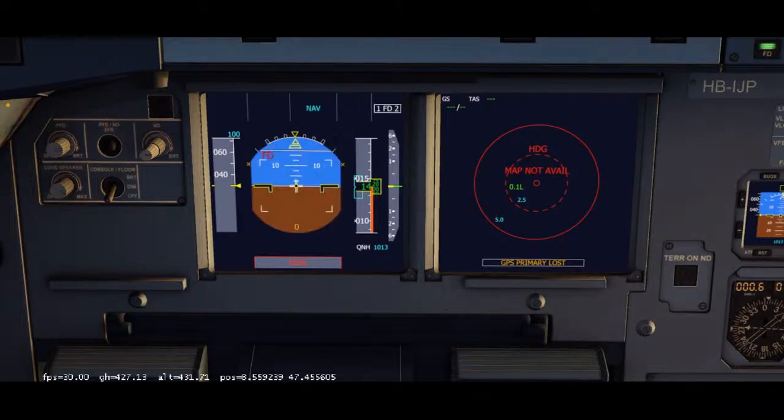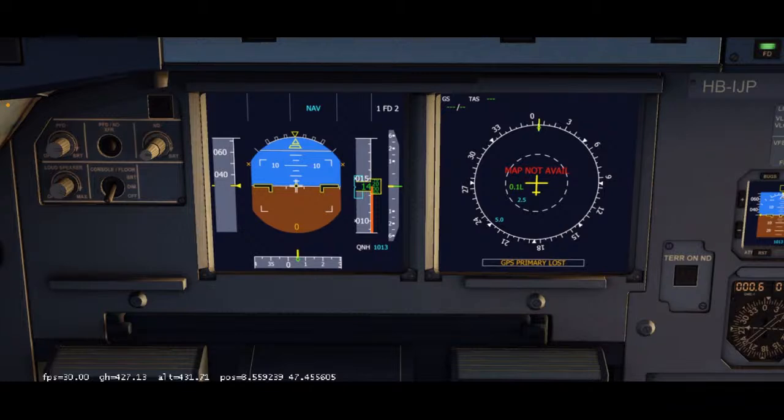You turned on those three switches. See right there? Boom. One of those turned on. Your heading will turn on in a second. The second screen takes a little bit longer. That's the map. Basically, there we go. There's the map. Still says map not available, so it's still updating itself. Heading is now available. In Aerofly, the ADIRS only takes 1 minute, but in real life it takes 7 minutes.